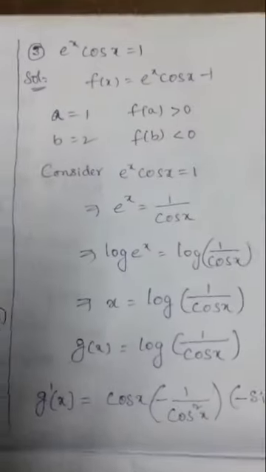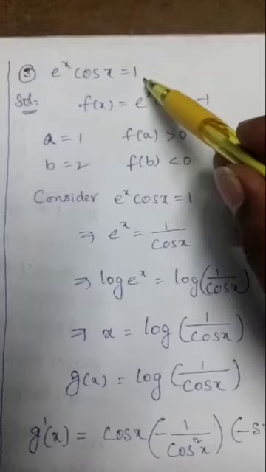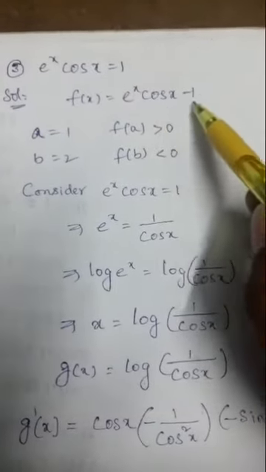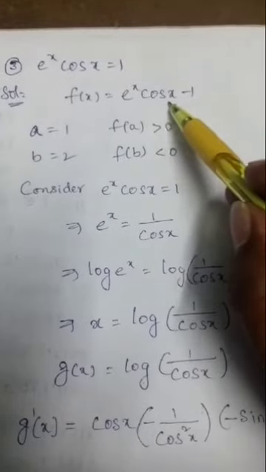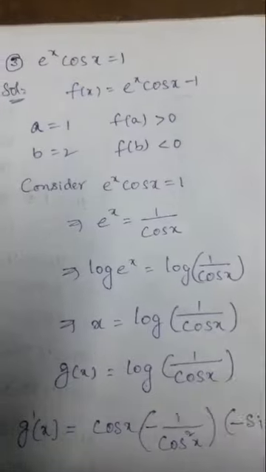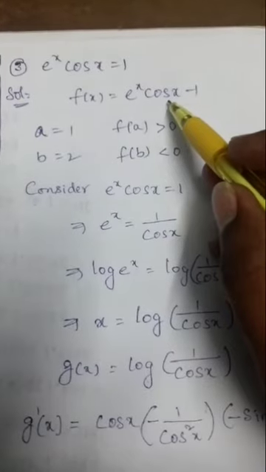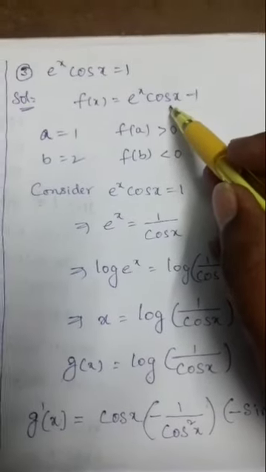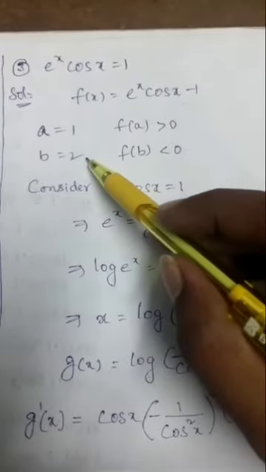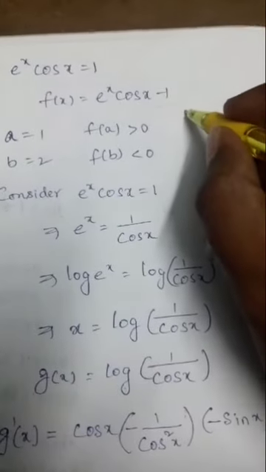And we will discuss a transcendental equation. Consider the transcendental equation e power x cos x is equal to 1. Let f of x is equal to e power x cos x minus 1. Since we are dealing with trigonometric functions, our calculator mode will be in radians mode. So when trigonometric functions are there, change the calculator mode from degrees to radians. Entering this function in the calculator, I am verifying for 1 and 2. To enter the function in the calculator, enter E.